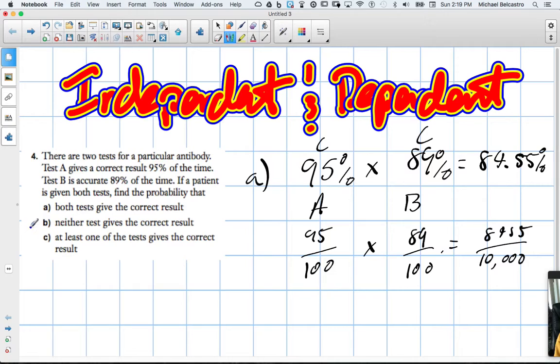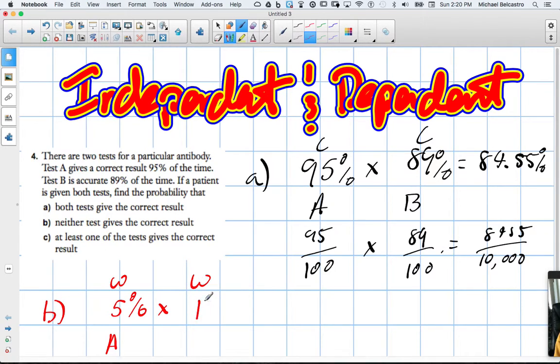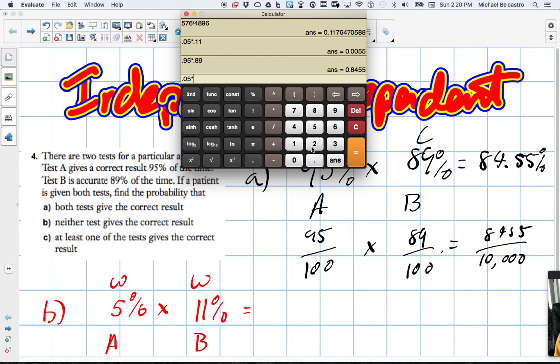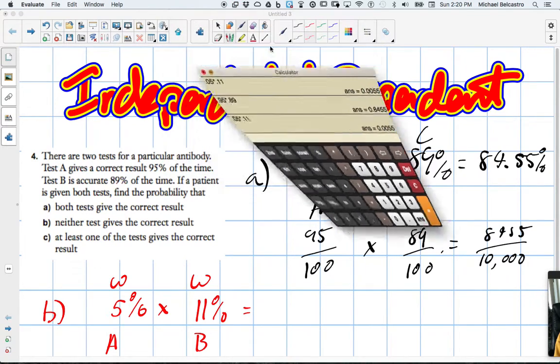For B, neither test gives a correct result. Well, that's the opposite of our C here. We're going for wrong answers. So what percentage of the time is test A wrong? Well, if it's correct 95% of the time, that must mean test A, and I'm going to do this part in question B here, must be wrong 5% of the time. That's test A. And test B, if it's accurate 89% of the time, must be wrong or inaccurate 11% of the time. Test B. So we just multiply these 2 percentages again by each other. So 0.05 times 0.11, and we end up with here